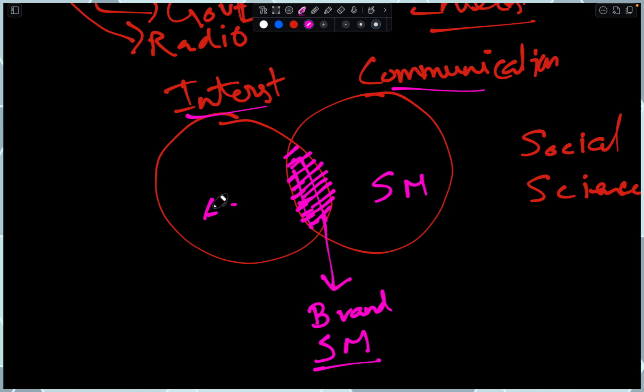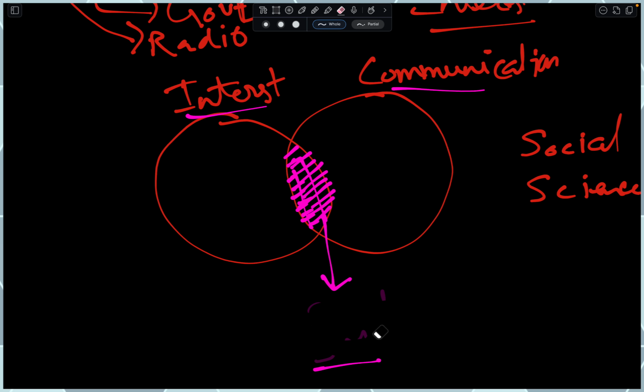Or, say you are interested in films, or your interest is in social areas like caste, then there is films.